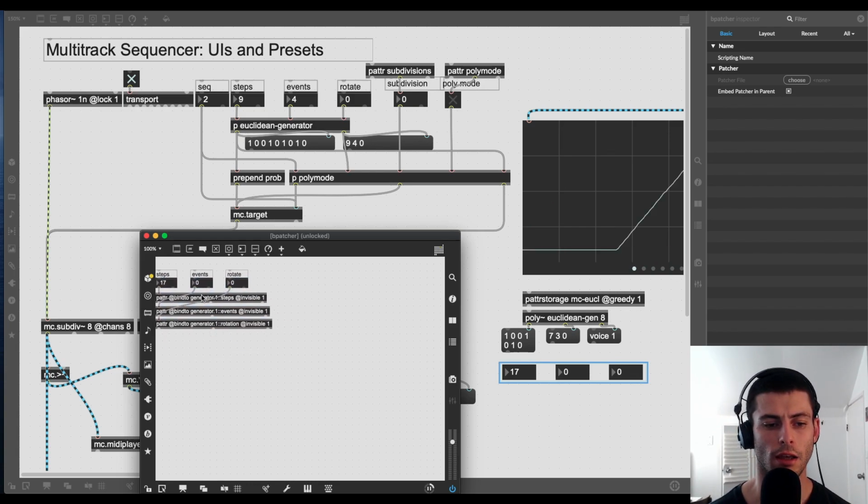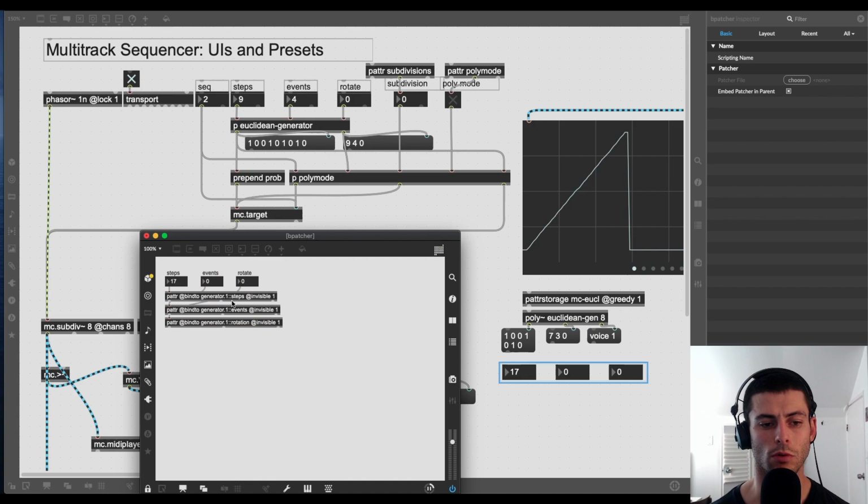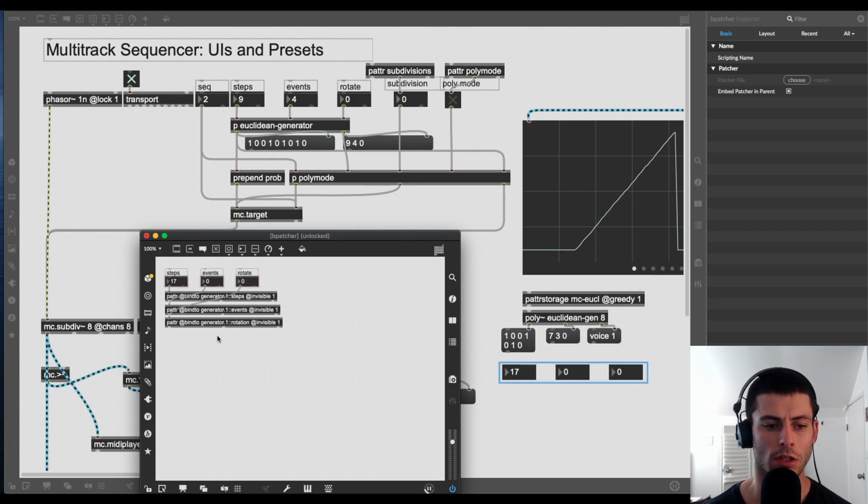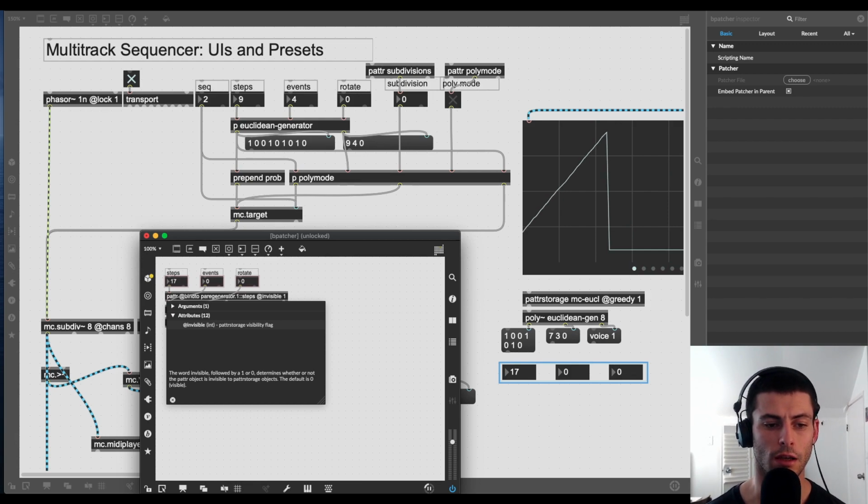So when I say bind to generator.1 steps, it's actually looking for a subpatcher whose name is generator.1, which doesn't exist. So what we need to do is tell it to look one level up within its parent patcher and then go looking for generator.1. The way we can do that is to add to the beginning of this path parent::